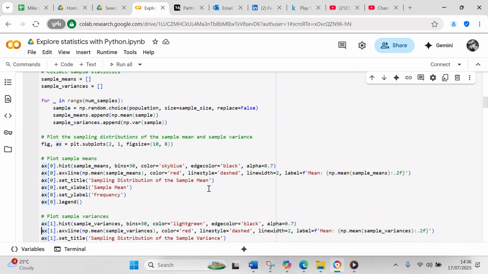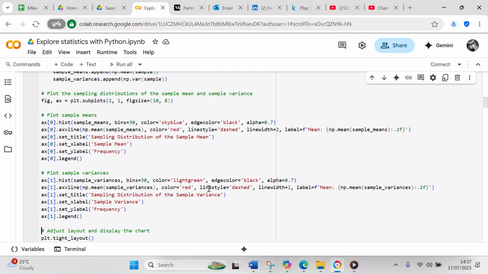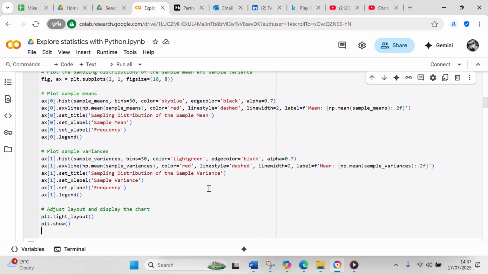elements of the variances. Now we're going to plot the sampling distribution of the sample mean and sample variance, and we're going to do that by creating two histograms. So fig, ax = plt.subplots(2, 1, figsize=(10, 8)). Now for our two histograms,